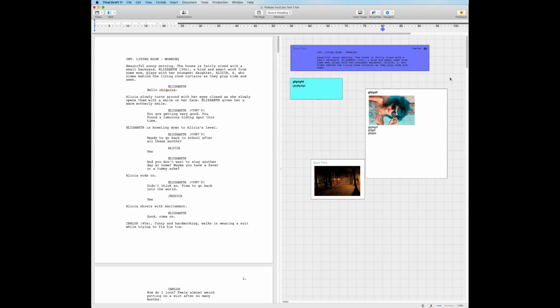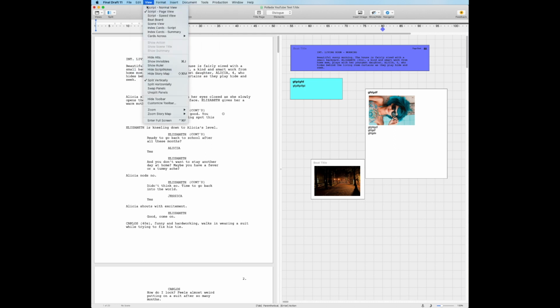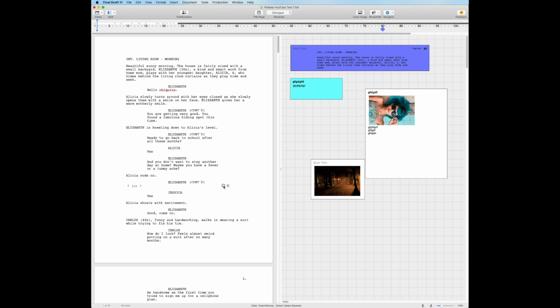Feature number 3, alternative dialogue. So let's say you wrote a dialogue and you have another idea and you're not sure which one might work best. What you can do is you go to view and you select show outs. A plus sign will appear in every dialogue section. So let's say that you have another idea for this line right here. You place a plus line, you write in the line,